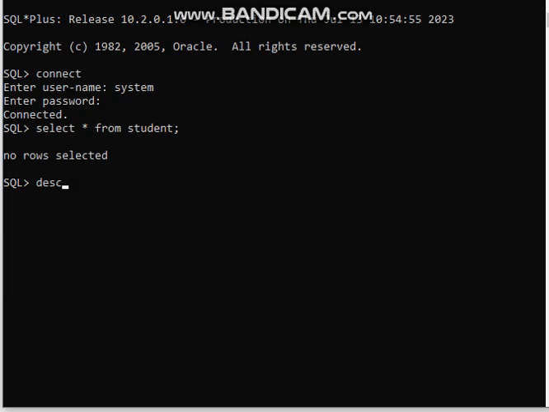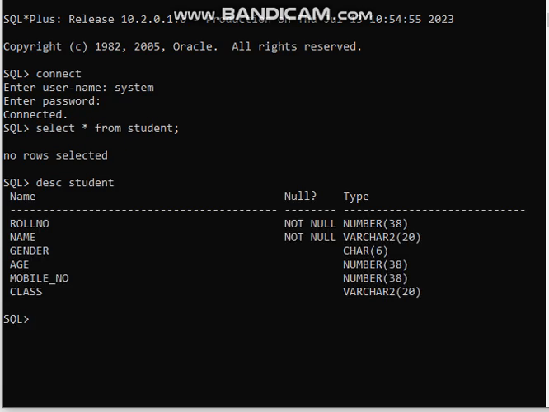Now we'll insert some values and try to run different kinds of select commands. I'll be using the insert command for inserting some values, so I will be able to run the select query. Insert into student